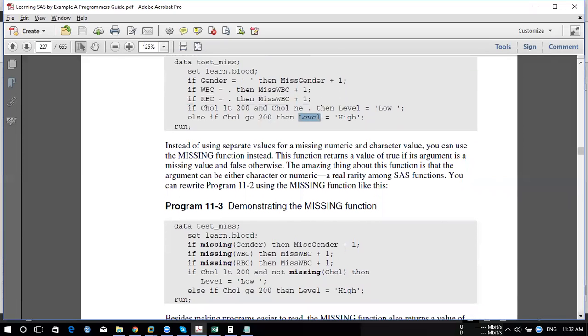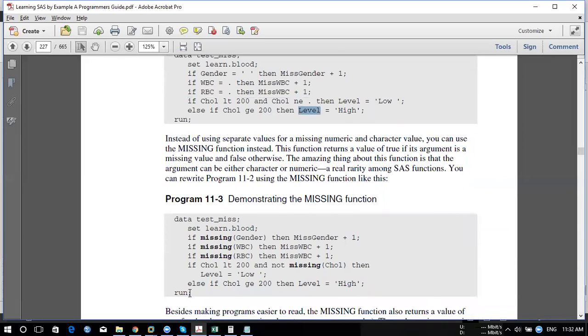Another way I always suggest to use like this, because sometimes, if you're trying to find out a space, if the space is not there and something else is written, you will not be able to end up with your conclusion. So if you use missing, it will only consider a missing value, not other types of value. So try to use this keyword instead of assigning the value, instead of looking for that value.